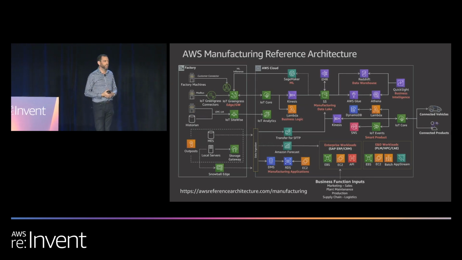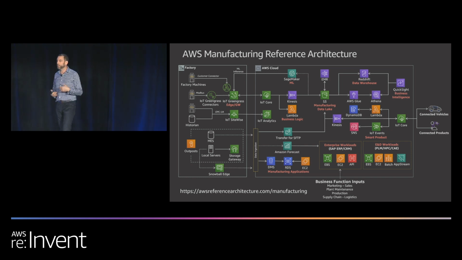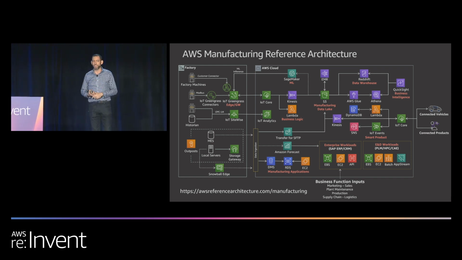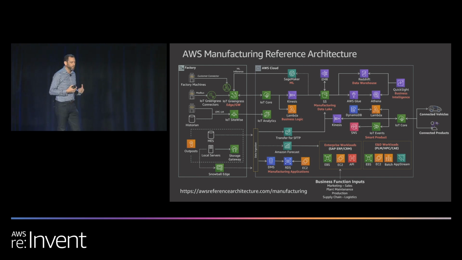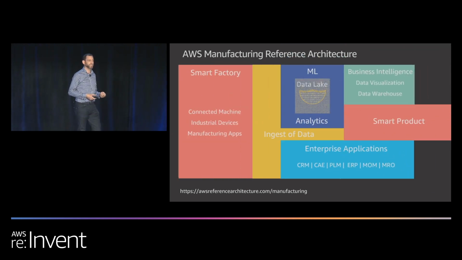So in response to those industry trends, we created the AWS Manufacturing Reference Architecture. I do have a Chalk Talk session tomorrow, MFG 303, where we'll deep dive into this. There's also a URL at the bottom for an interactive online version that you can go to and use. Within the reference architecture, we see the connected smart product being fundamental to the key part, which is